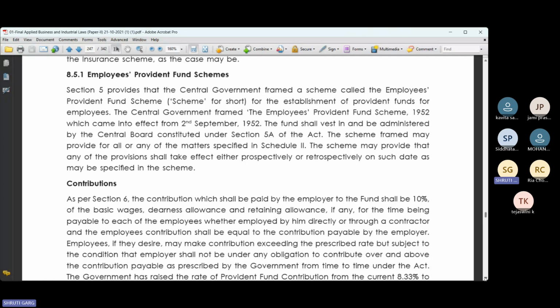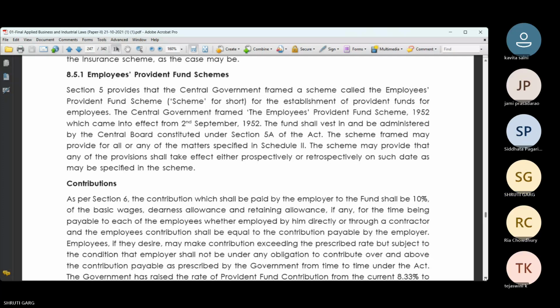Section 5 provides that the central government framed a scheme which is called the Employees Provident Fund Scheme. In short, it is called the scheme for the establishment of Provident Fund for employees. The central government framed the Employees Provident Fund Scheme 1952, which came into effect from 2nd September 1952. So the fund shall vest in and be administered by the central board constituted under section 5A of this act,